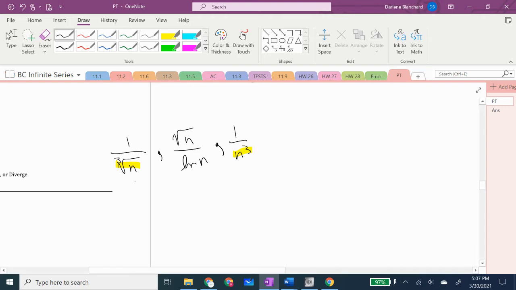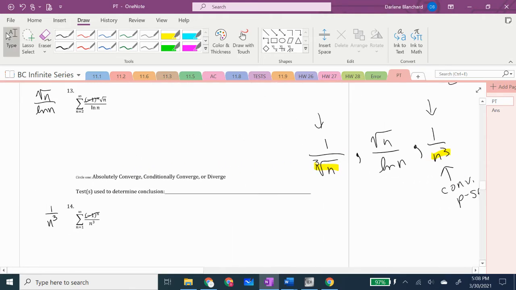These two are P series when you take the absolute value. Take a moment to think, is it a converging P series or a diverging P series? This one is a converging P series. So realize that if this is the absolute value of the formula for the original series, and I can show that that converges, I do not want to waste my time with the alternating series test. I want to just go straight to,